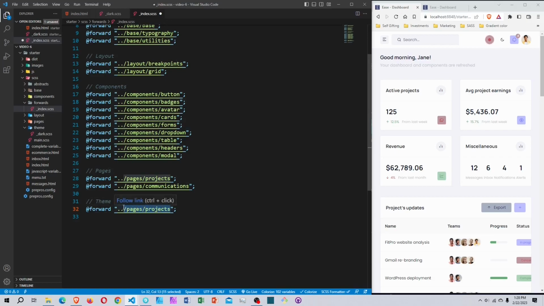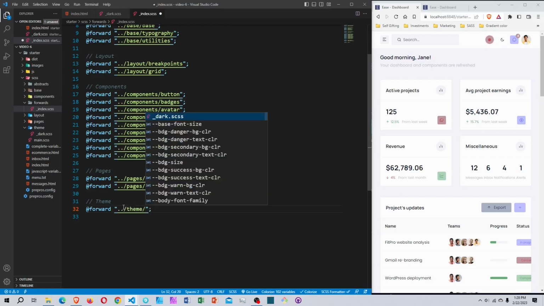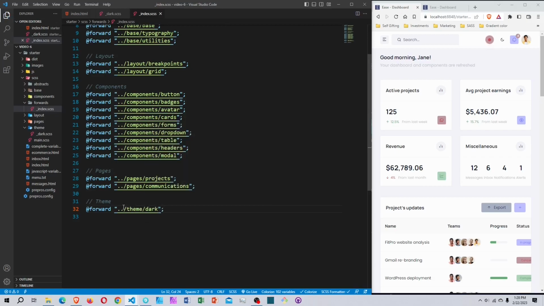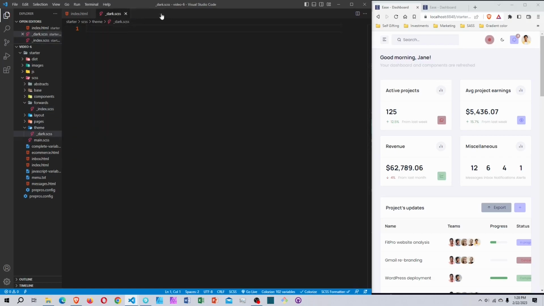I'm going to navigate to a team folder and choose the doc.scss. Save this. Everything should be fine. Now I'm going to close out of this. So what we want to do is update the variable for these colors. Okay, so first, before we do that, we need to bring